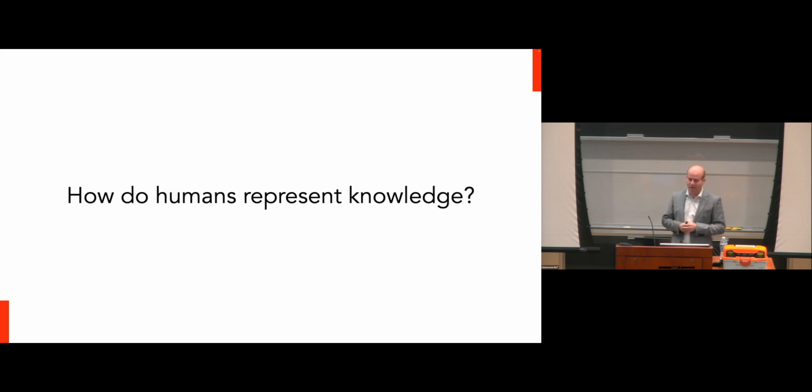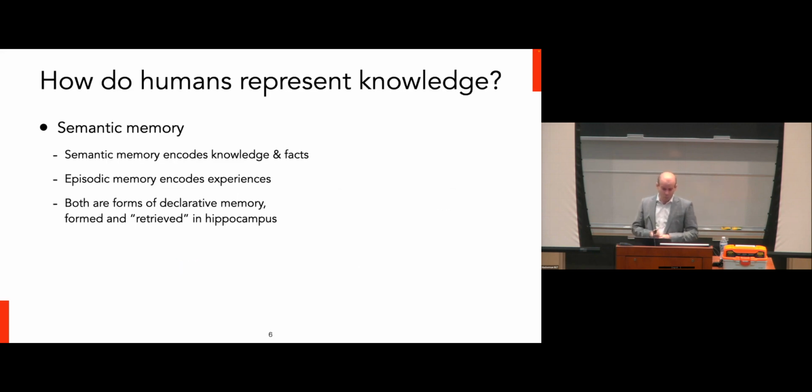The first probably being, how do humans actually represent the knowledge that we have to be able to navigate these types of new situations? Now, if you worked in the space for how humans represent knowledge, you're going to realize that this is a problematic question to ask, because we don't really know how humans do this in the first place. What do we know about how humans represent knowledge?